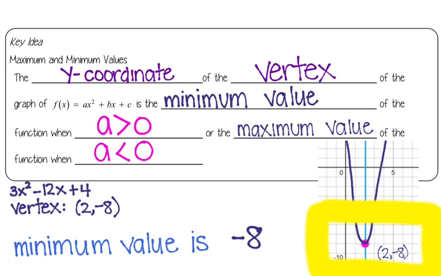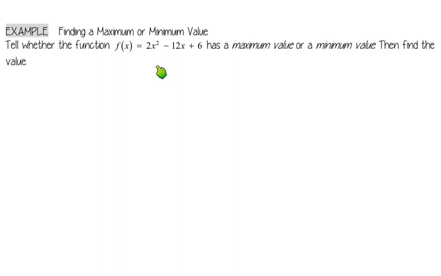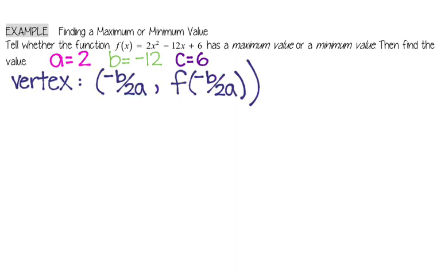Then we're going to do one more problem together. And here it is. 2x squared minus 12x plus 6. First thing we want to do is recognize what is our a, what is our b, and what is our c. So my a is 2, my b is negative 12, my c is 6. We're going to find our vertex by using the negative b over 2a. So we're going to do the opposite of b and divide it by 2 times 2. So the opposite of negative 12 divided by 2 times 2, which means it's going to be 12 divided by